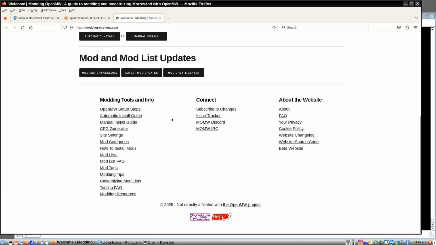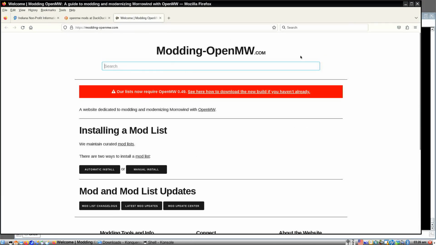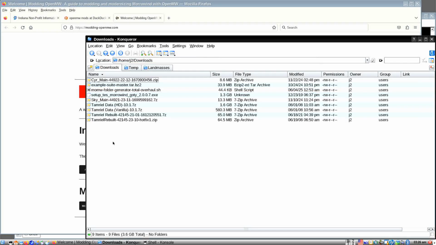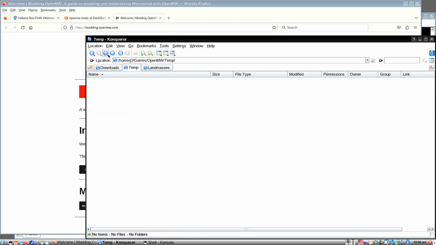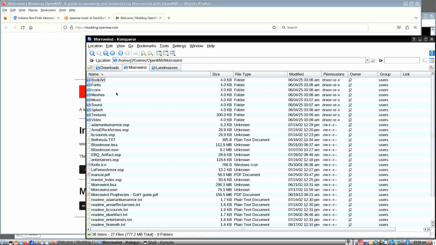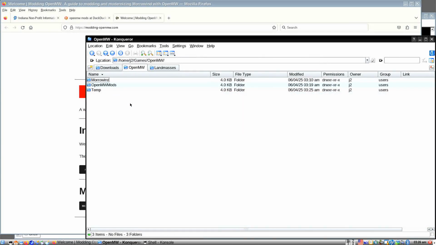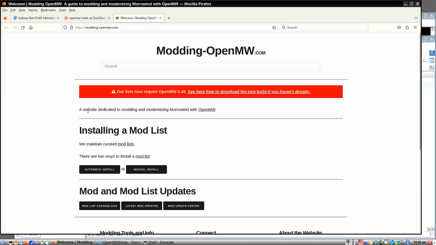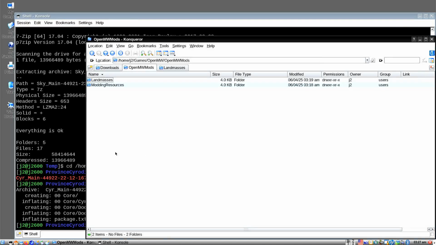But yeah, I want to thank this modding OpenMW for showing me a better way of installing the mods so that they don't interfere or conflict with the default installation of Morrowind Game of the Year Edition. So that I can have these, and if I want to remove something or if I want to try a different mod, if I use the method that I've just gotten done showing you, I can add it or remove it. And then the way you utilize this, let me go ahead and close this out,